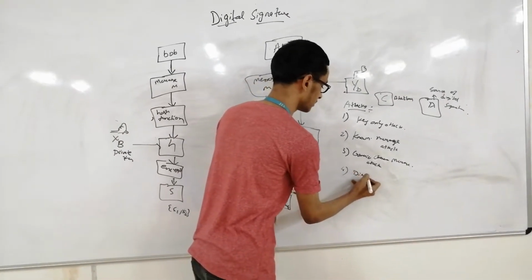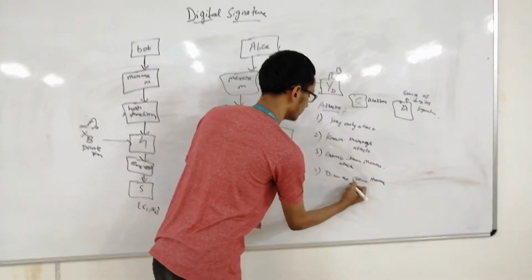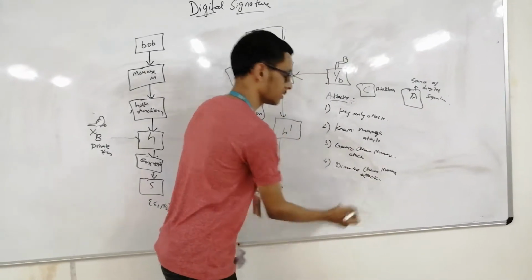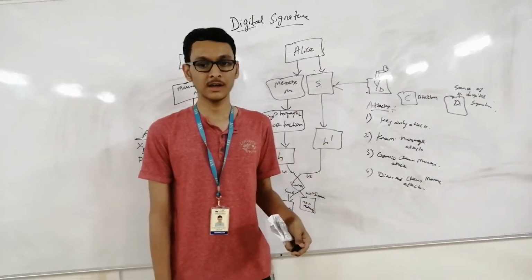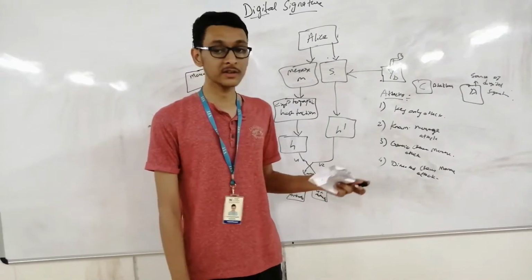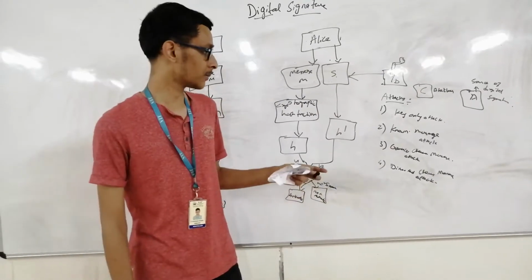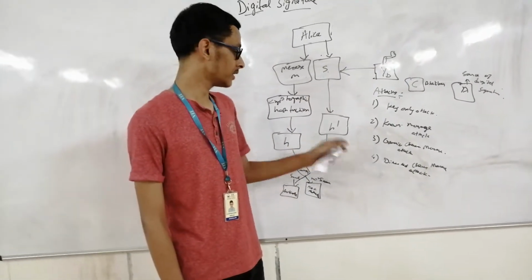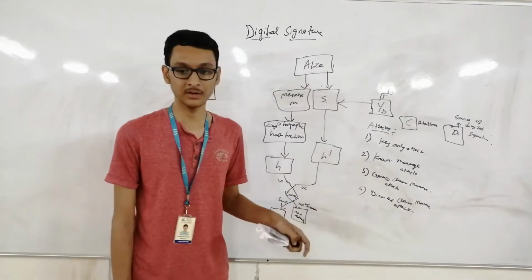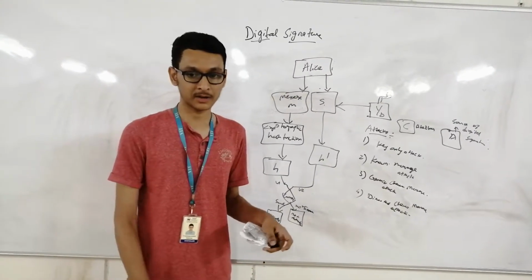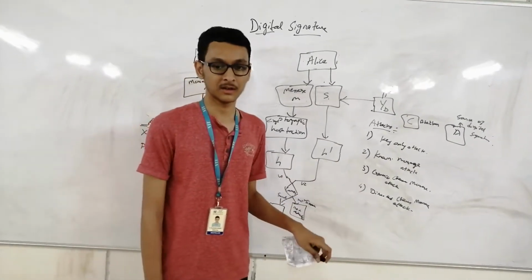And the next one is the directed chosen message attack. So this is quite opposite to the generic chosen message attack. In this attack, the list of messages to be signed needs to be chosen after the attacker knows the public key of A. So here the attacker should know the public key of A, unlike the generic chosen message attack. But the list of messages to be signed must be chosen before the signatures are seen. And